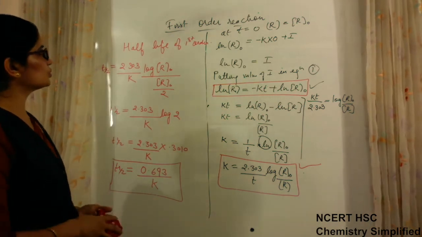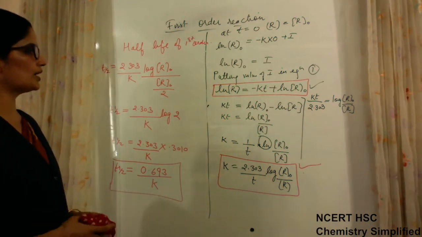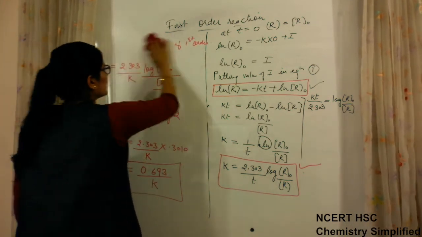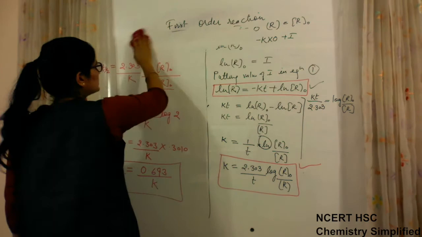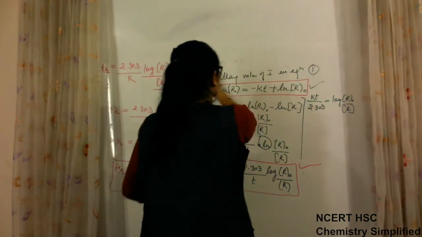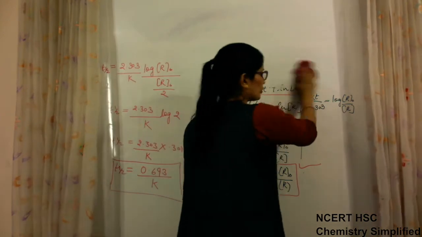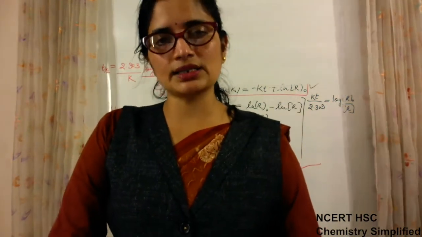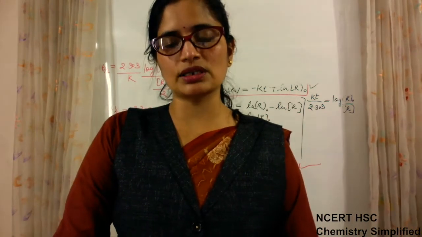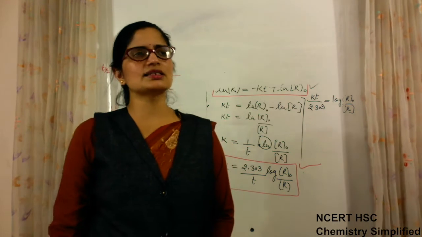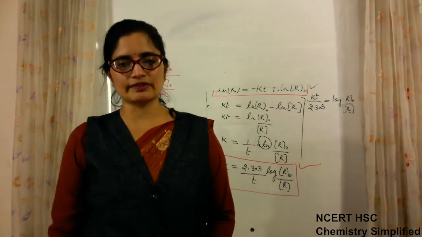Okay, so these are two important formulas derived by the integrated rate laws. Half-life formulas are also important, and these formulas which were obtained are also important for solving numericals. From this chapter, the weightage till now was 5 marks, but this year it will be increased because the number of chapters are reduced. So weightage will be more. So let us consider that it will be for 7 marks.